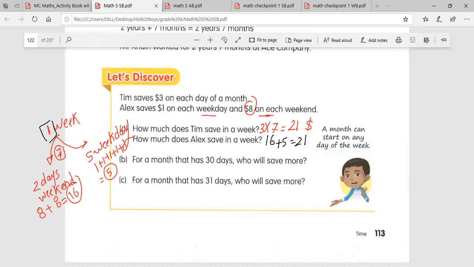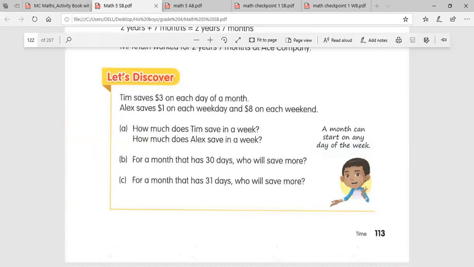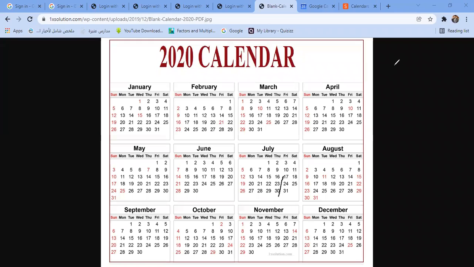Okay, how to do this is a problem. I can show you. Okay, here I will share. Here you can see a calendar, the calendar of the months January, February, March, April. We have here 31, and some months have 30. Like this, 30, 30, 31, and so on. So here, he asks you about a month that has 30 days,